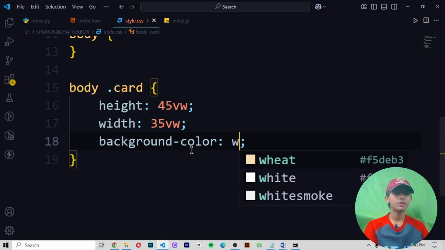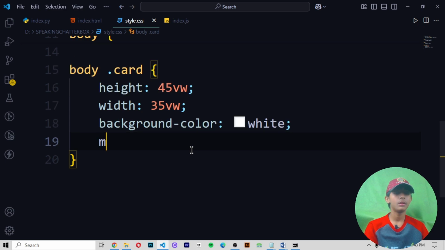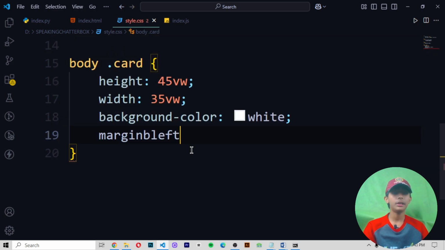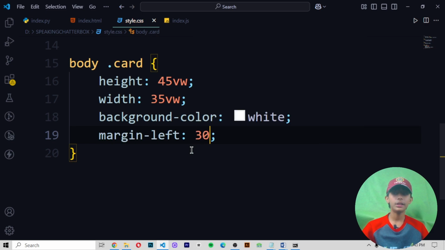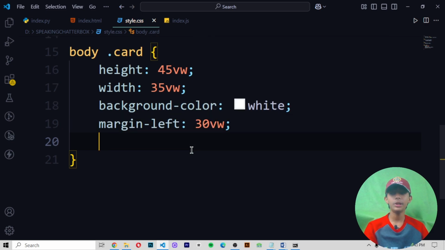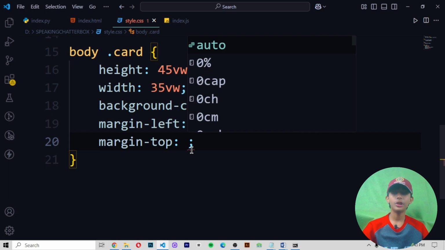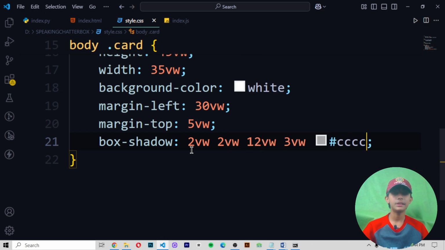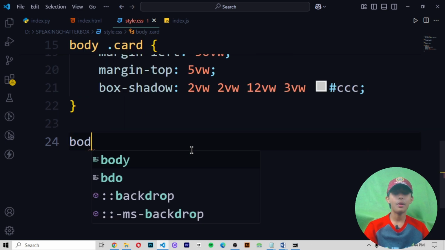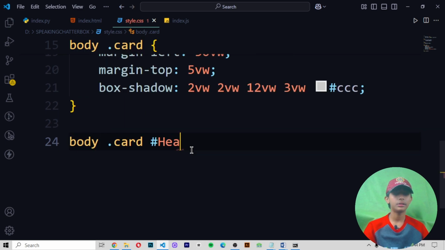Background color should be white, margin left 30vw, margin top 5vw. Box shadow should be 2vw, 12vw, 3vw, hashtag CCC. Now body .card and header.